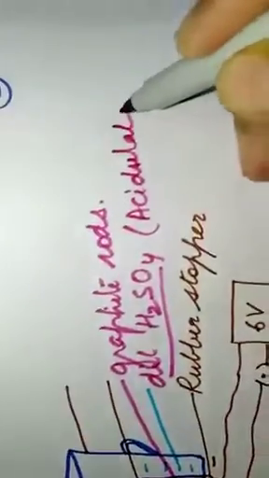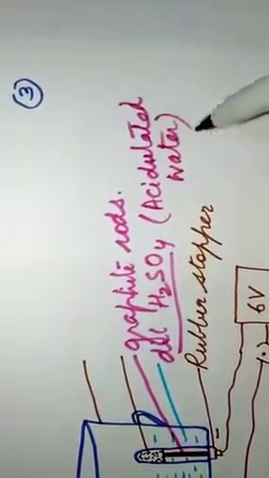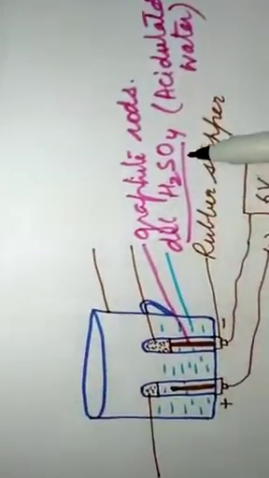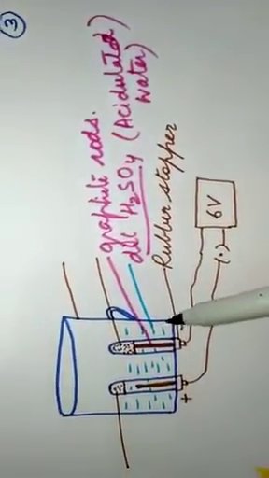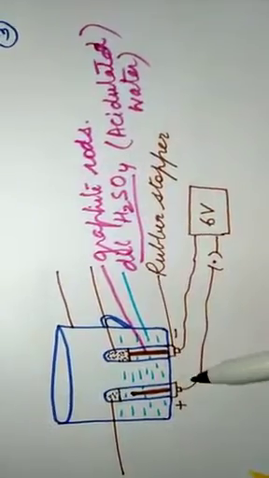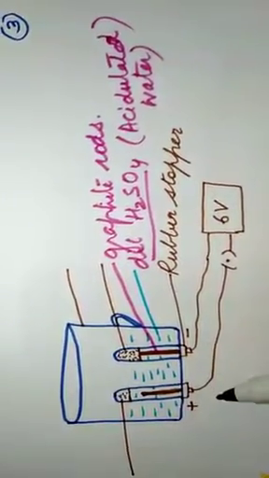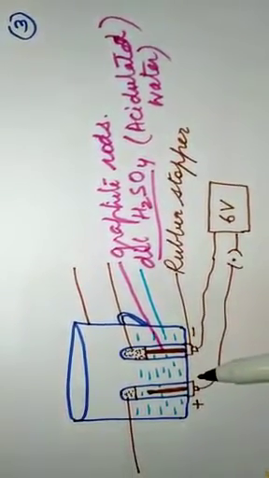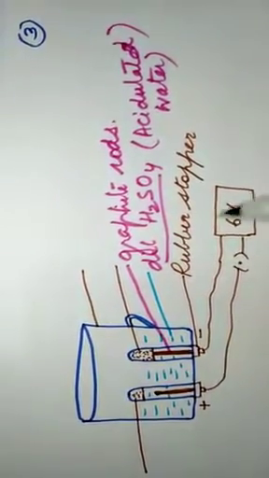We have added acid to this so that it becomes conducting. Water is a conductor, but still we add a few drops of acid to it so that it becomes more conducting. This is known as acidulated water. Now we fill half of the mug with water and add a few drops of dilute sulfuric acid, and then invert graduated test tubes containing water over both the electrodes and pass current through the voltameter.